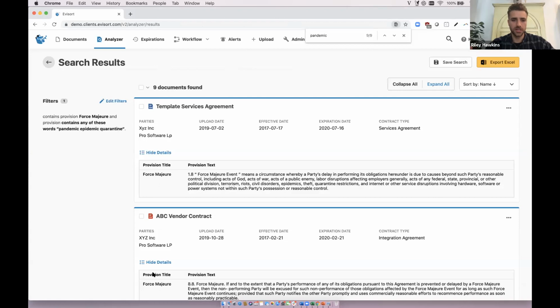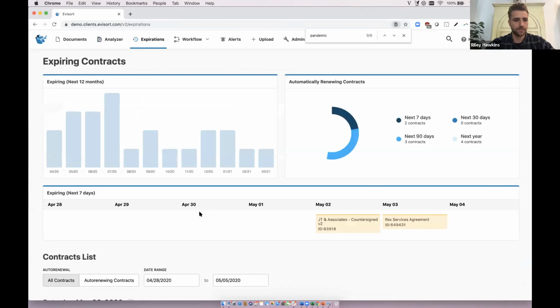Yeah, I'll keep the rest of this pretty quick because I'm really excited to hear folks' feedback, and if there are specific questions we can answer, definitely want to do that. Evisort has other tools in here that are going to be helpful. Again, you have all this data, so what do we want to do with it? Well, we want to give it to you in a way that's really easy to visualize. This is a dashboard that helps you visualize the expiring contracts data. I can see over the next 12 months what contracts are coming up for expiration, which subset of those automatically